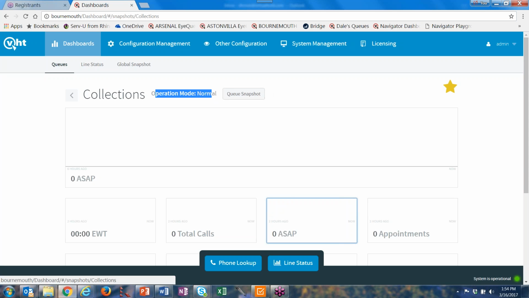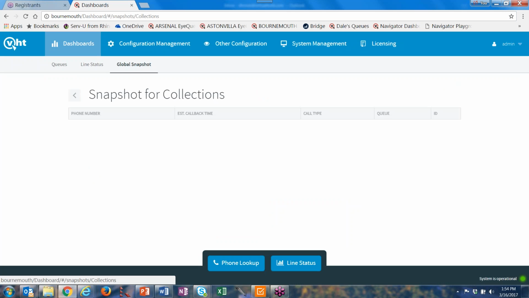So if I click on this, it's going to be blank again because I don't have any calls going through. But now it's a snapshot for this collections queue, which is basically just saying, okay, how many callbacks are pending for this queue currently? And this is real time. Remember, all these dashboard reports are real time. So it's going to show me the phone number that the callback's pending for, the callback time,